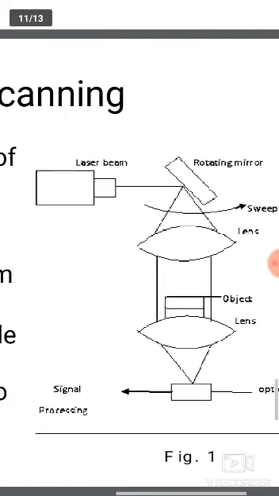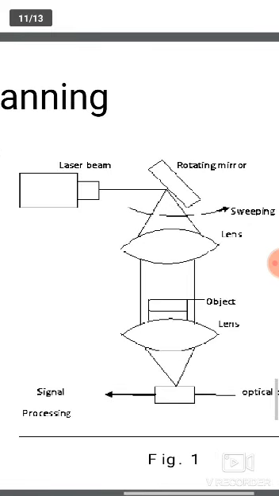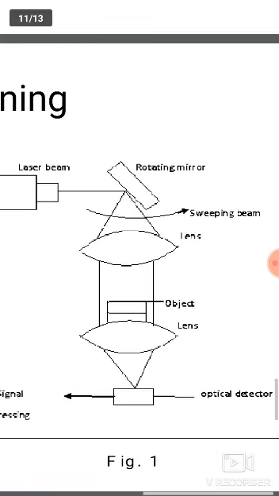So like this, from here the laser beam will fall on the rotary mirror. From there it falls on the sweeping beam lens. Next it falls on the object. From there it falls on the focal point. So this is the focal point. From here to here we will measure, from that focal point till that focal point. The time lapse corresponding to the interruption of the light beam is measured to determine the desired dimensions. So this way we can measure the desired dimensions.